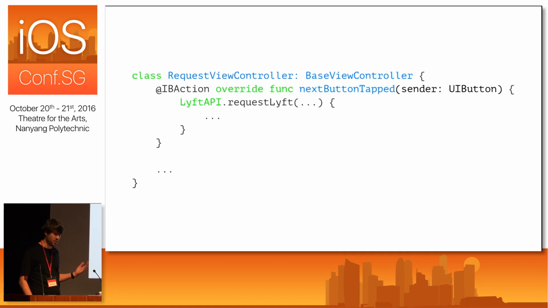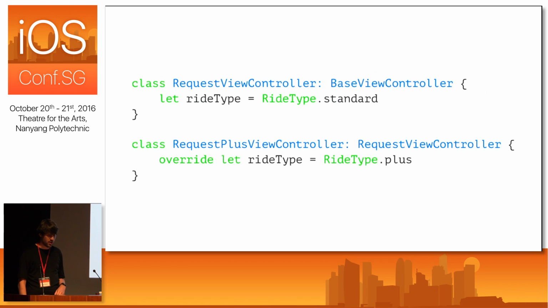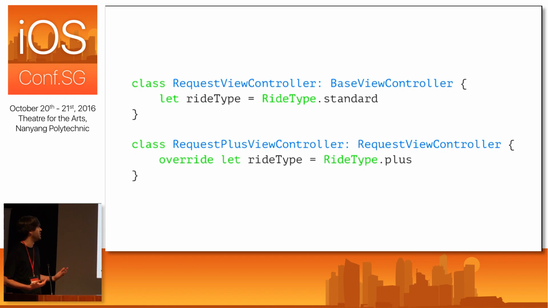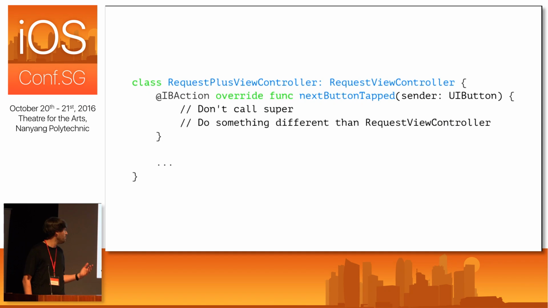So then for our third view controller on the right, it looked very similar to the second one. So maybe we would do something like this, where the only difference between those 2 view controllers was the ride type you were requesting. So maybe we'd add a new property to our request one, and we'd subclass that again, change the property, and then share the rest of the behavior between the two. Or maybe you decide you want a different functionality, so you'd override this next button tap function from your superclass, but then you don't call super in the implementation because you want to do something entirely